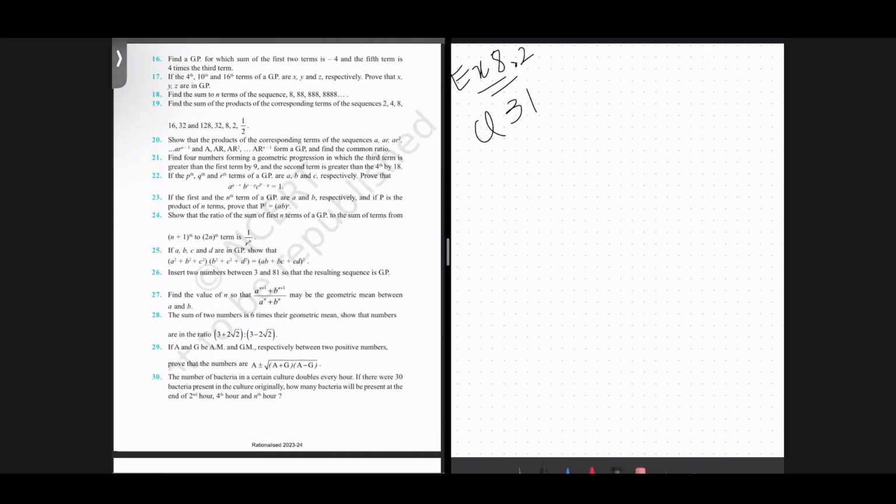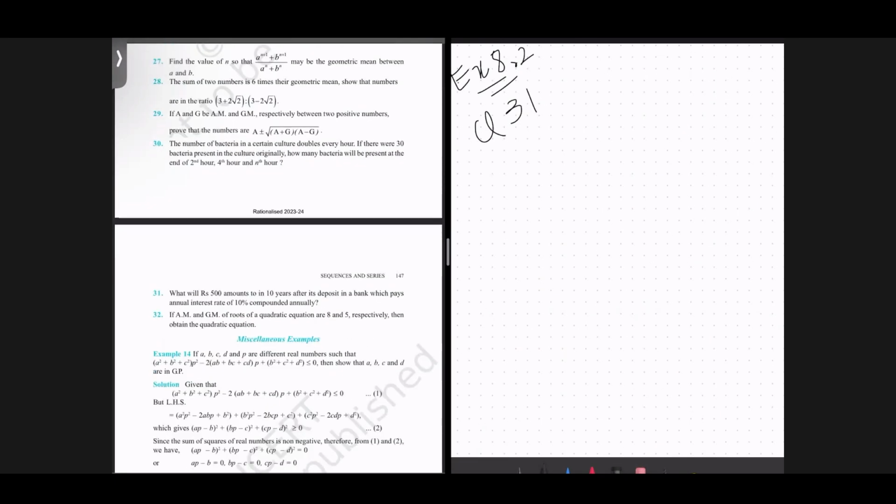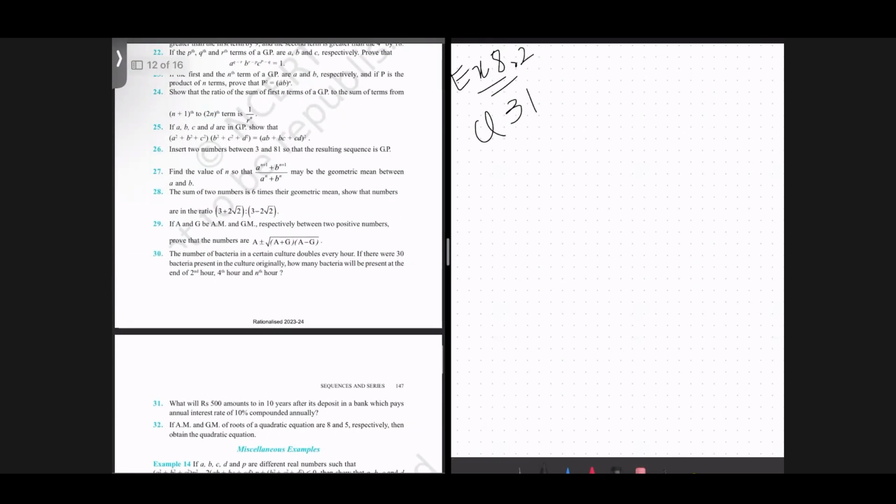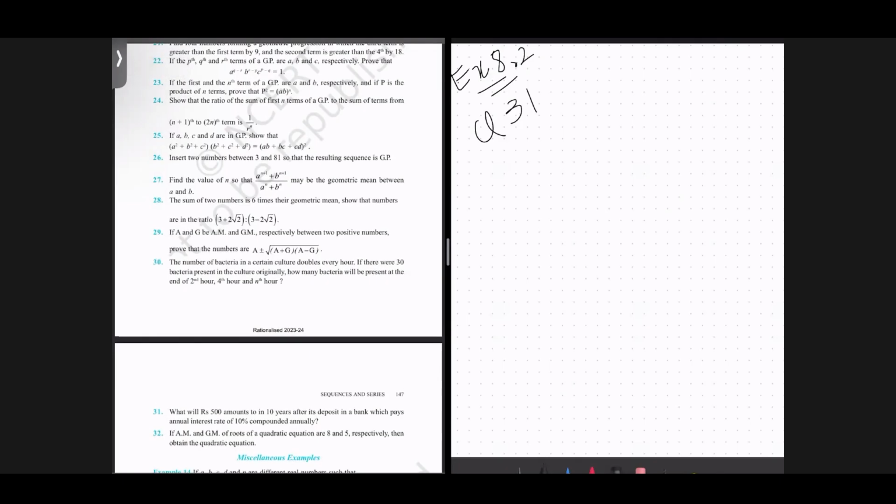Moving on, question number 31. We have been asked, what will 500 amount to in 10 years after it is deposited in a bank which pays an annual interest of 10% compounded annually? Correct. So the amount that we are going to deposit, the principal, is going to be 500, right? And so let's do this. At the start of the 0th year, we deposit 500,